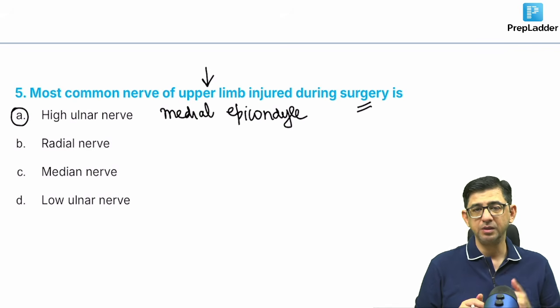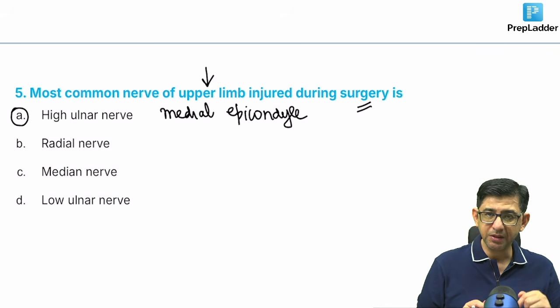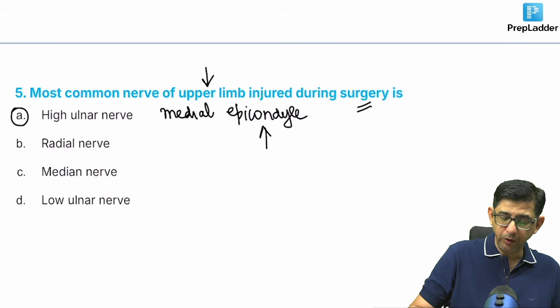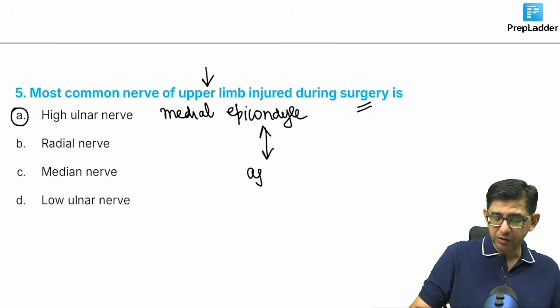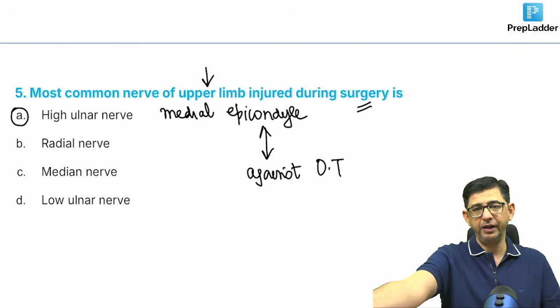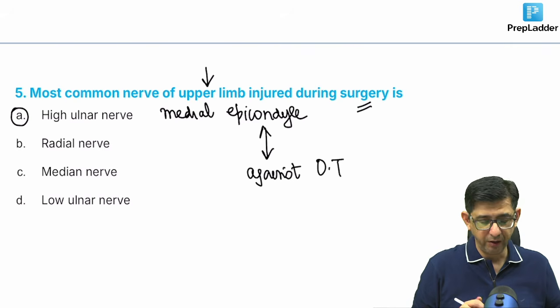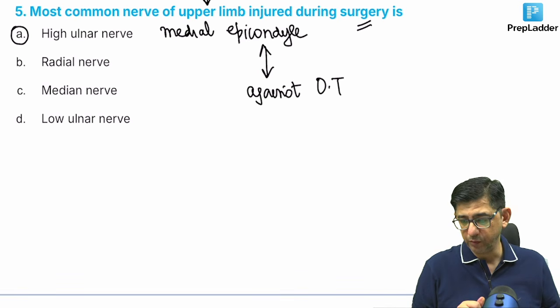There is no benefit in rote learning, understand what to do. I said it goes behind the bone, because of that direct pressure against the OT table. Medial one reason is that this is going behind the bone, and second is this is pressing against the OT table. When the patient is lying down, this particular part would be pressed, so that could result in a high ulnar nerve palsy. So 5 is sorted, guys. Let's move to the sixth one.